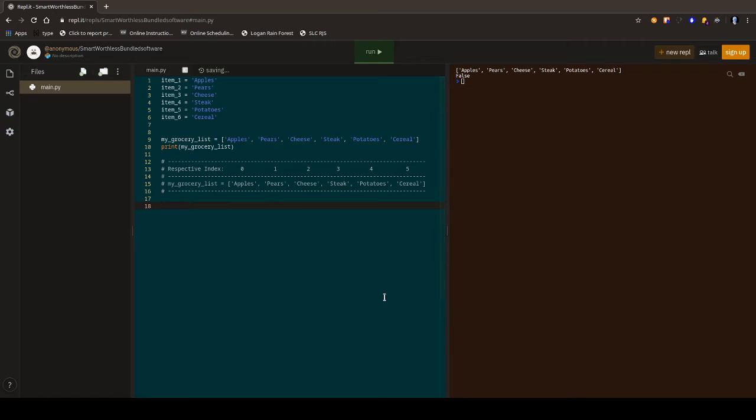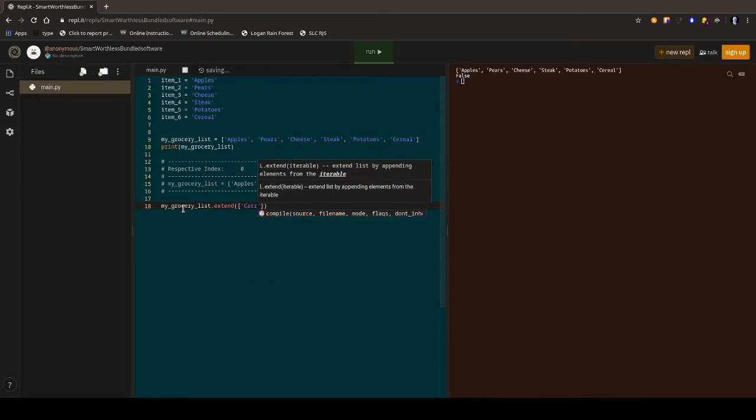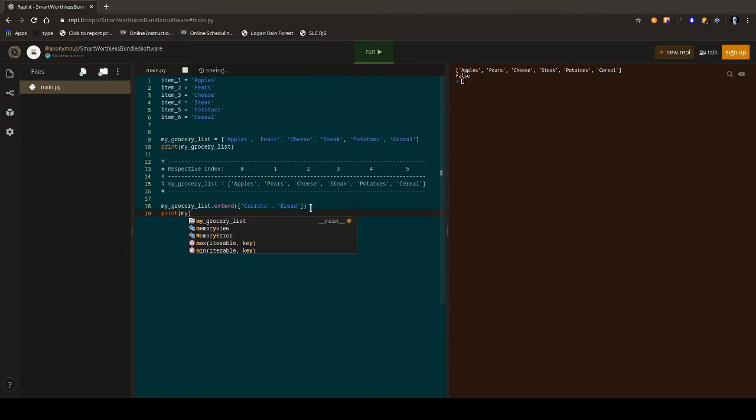We can extend our list by using the extend function, which is part of the list class, which we'll get into classes a little bit later. But let's say I've got my grocery list and I want to extend it by adding in another list of values. So we want to add an additional number of values. So we can do carrots and we could do bread. And if I go ahead and run this and we print out my grocery list again, what you'll see is that, and actually over here,